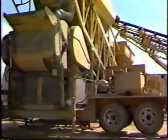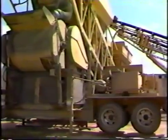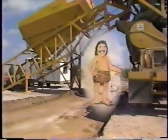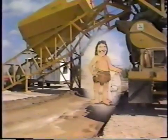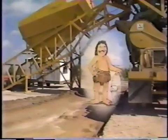If used as a mobile unit, erection is extremely simple. The mixer is driven into position and supported on steel pads furnished with leveling jacks. No concrete is required in most cases. Whatever your need, paving, precast, pre-stressed concrete, or ready mix, when the specifications are tight, the Hagen HM mixer is